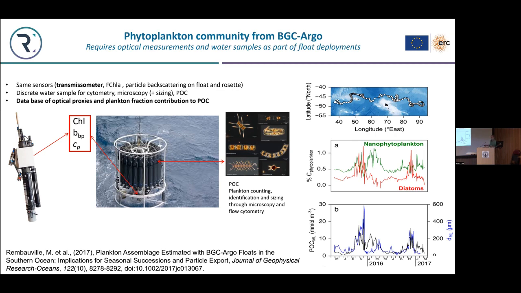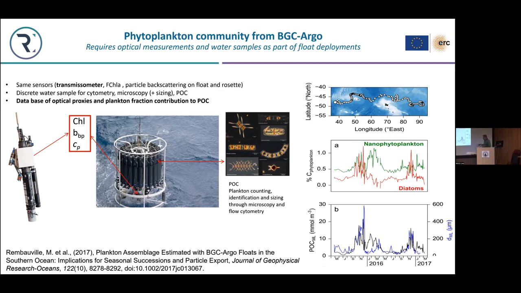At the same time, we collect for phytoplankton identification, but also sizing, microscopic sizing, plankton counting, and flow cytometry. And so we are able to make some reconstruction of the biovolume and the carbon associated to